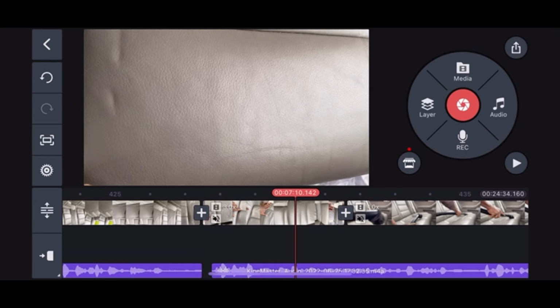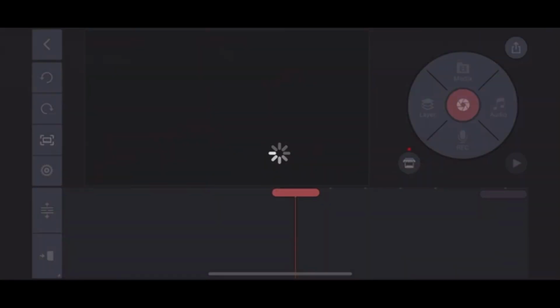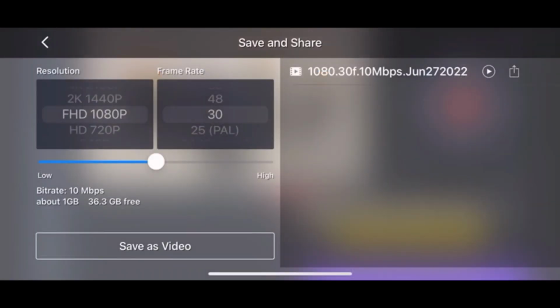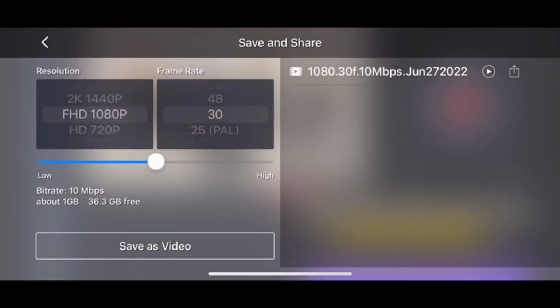And then try to export. If this doesn't work, repeat the process painstakingly and just try to review the clips one more time and make the necessary edits, and you should be fine. If this doesn't work, try to turn off your phone and turn on your phone and try to export,